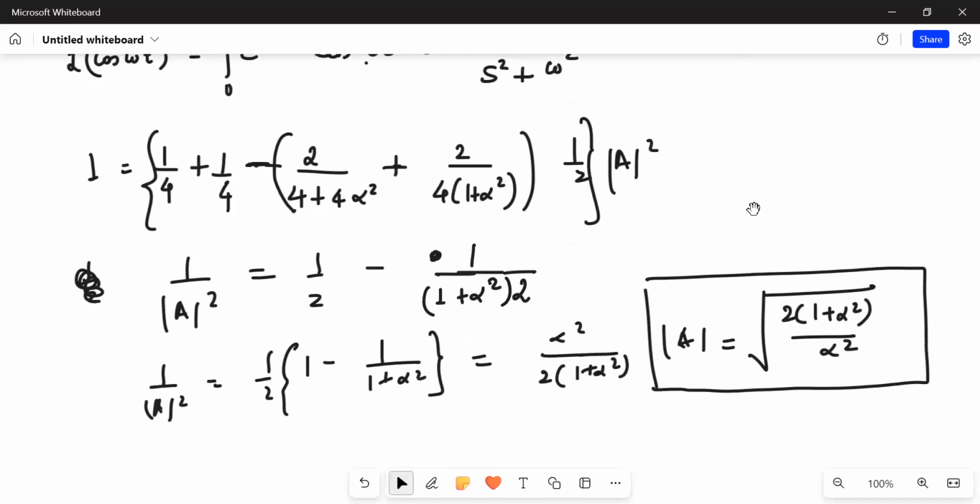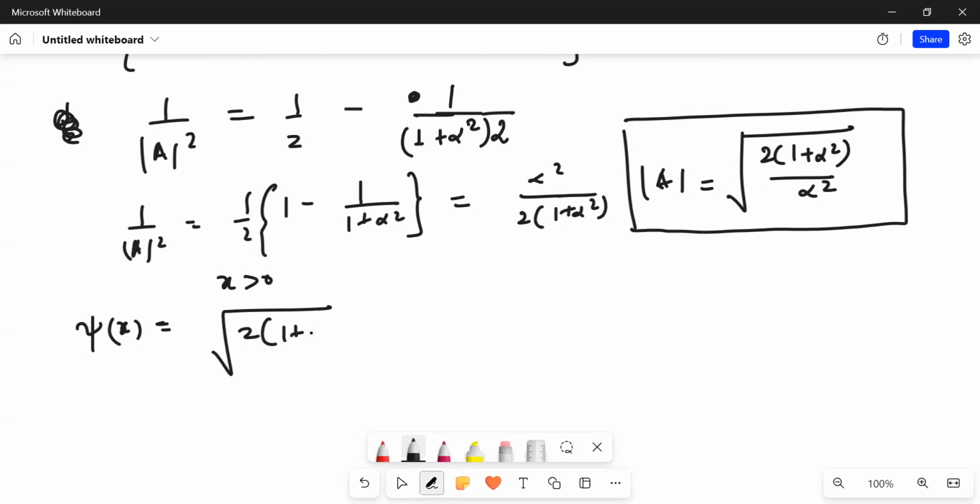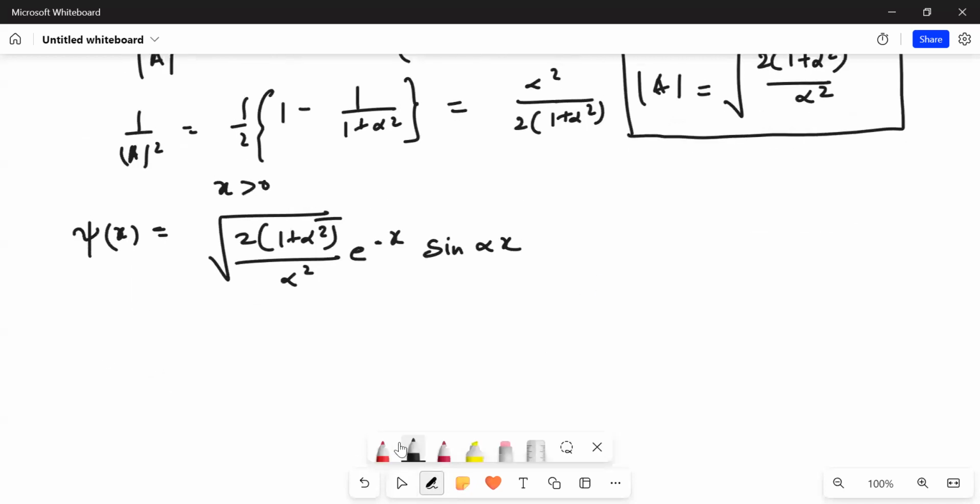Now we have to find the probability of finding the particle to the right of x equal to 1. So first let us write our wave function. The wave function for all x greater than 0 will be equal to what? This entire normalizing constant, which is 2 into 1 plus alpha square divided by alpha square, e to the power minus x, and then sine alpha x for all x greater than 0. Now the probability of finding the particle to the right of x equal to 1 is the integral from 1 to infinity of psi mod whole square dx,